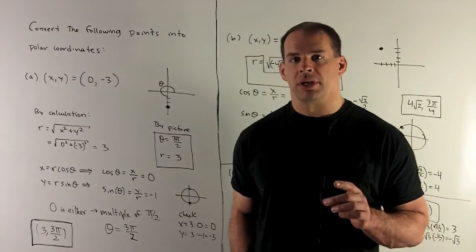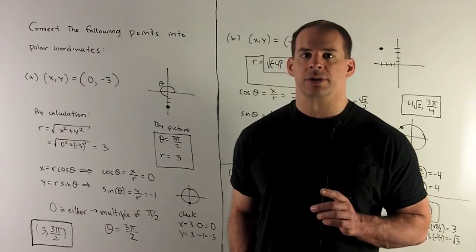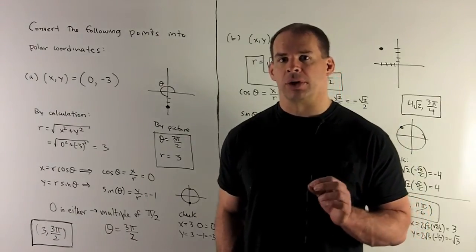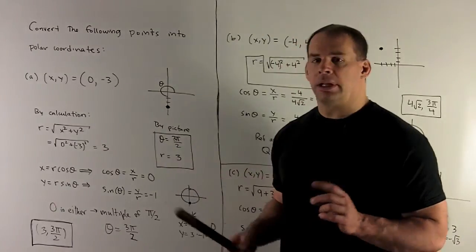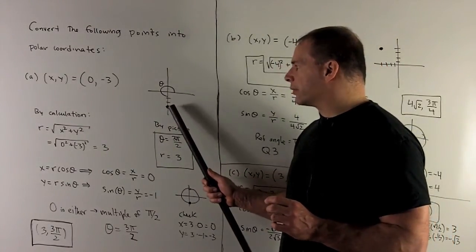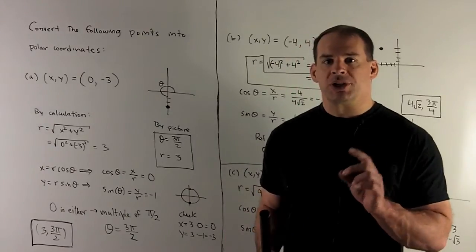Convert the following points from rectangular to polar coordinates. First point, (x, y) equals (0, -3). Now, we sketch the point in the plane. So we're going to go over 0, down by 3, and then you could pretty much get the polar coordinates